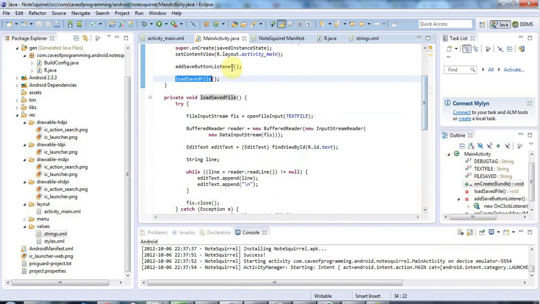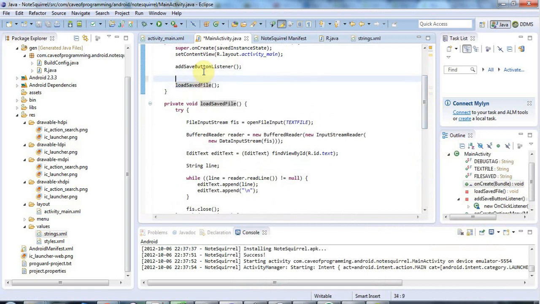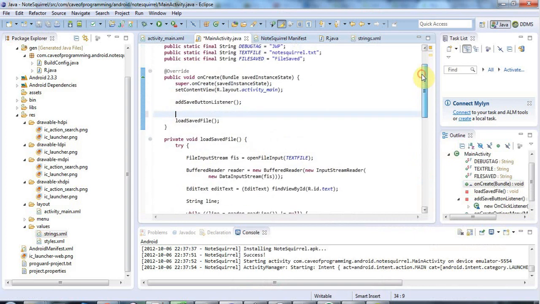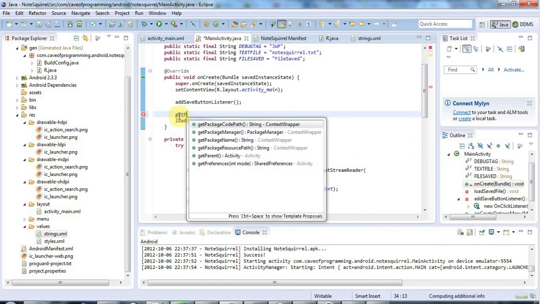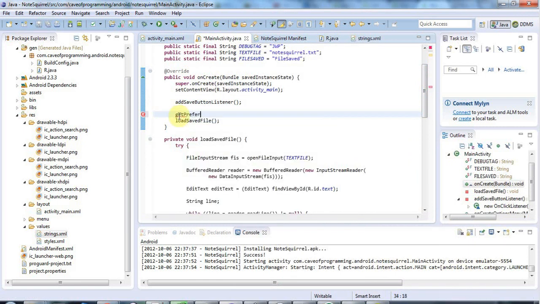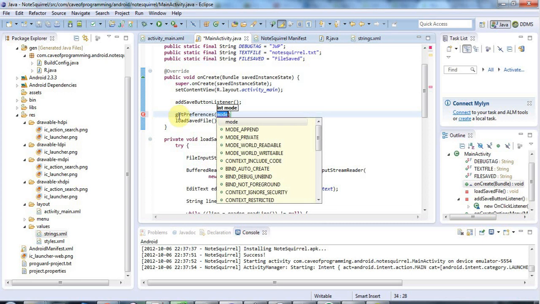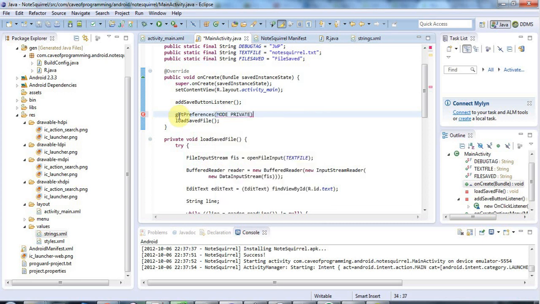I can actually say, well, actually let's get that preference here, because if there isn't a file to load, then there's no point calling load saved file. So to do that, I'll say again, get preferences here, and again mode private, and so once again that's an object of type SharedPreferences,